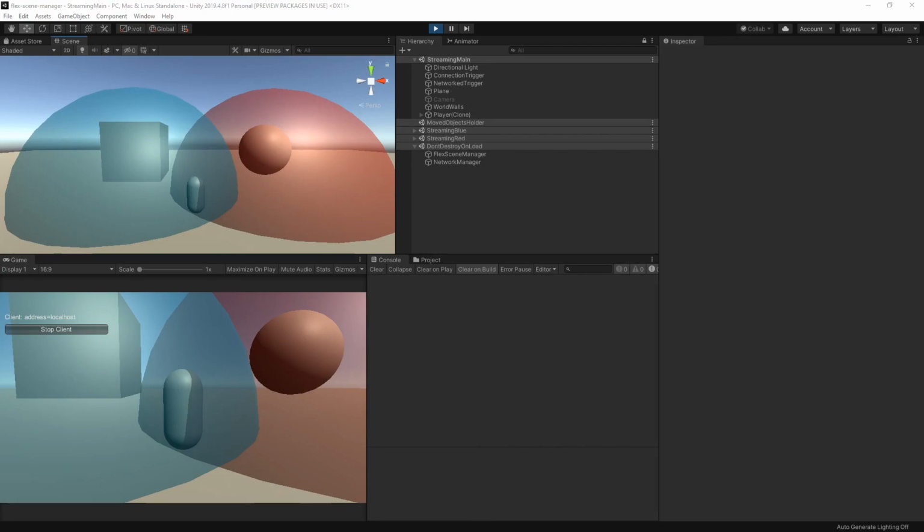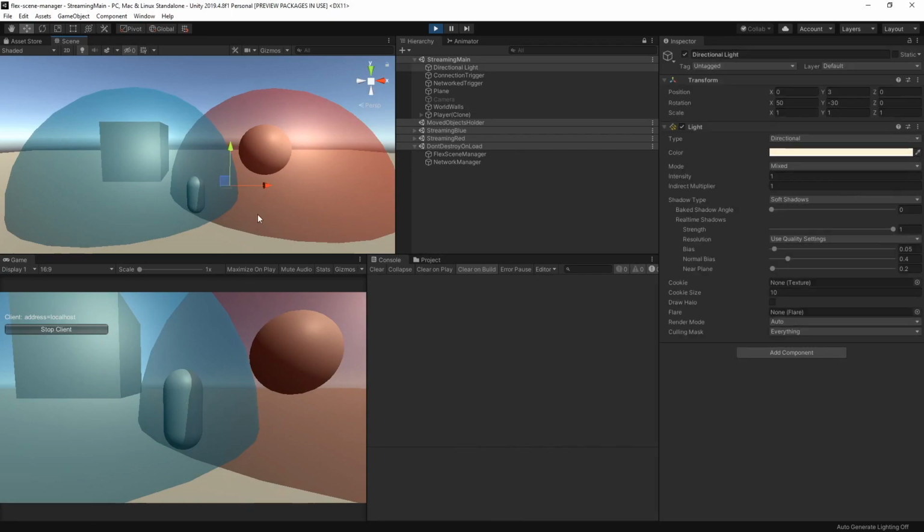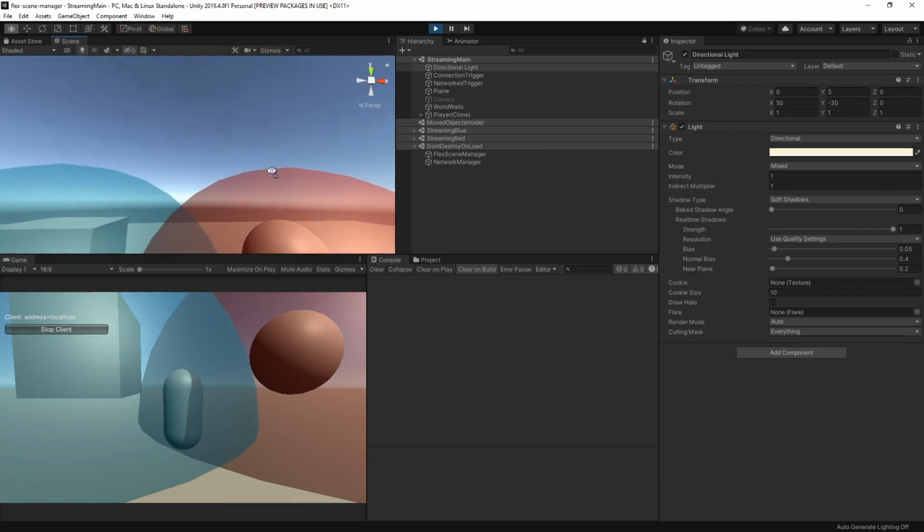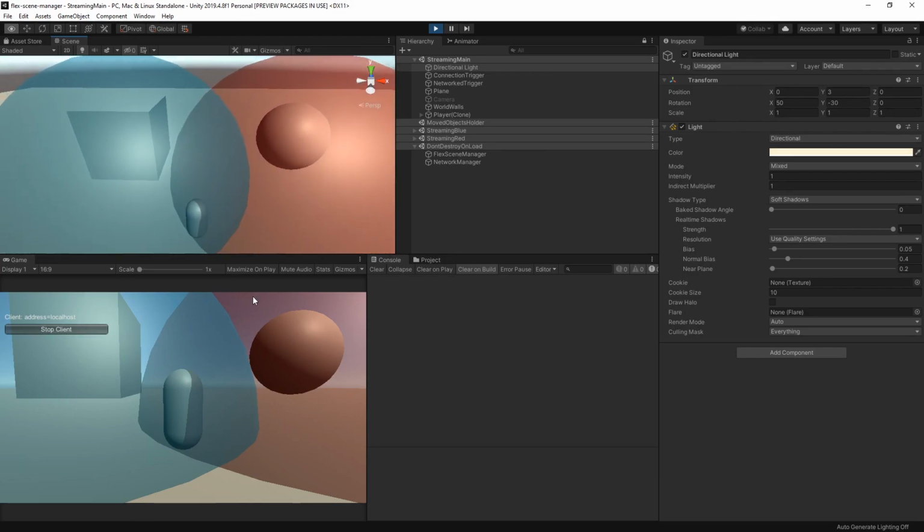Another very important aspect of Flex Scene Manager is its ability to control network visibility. Network visibility will ensure players will only see what is in their scenes, as well as only get network updates for their scenes, such as SyncVars and remote calls. If you look at the editor, you will see the Mirror icon gizmo indicating that the loaded cube and sphere